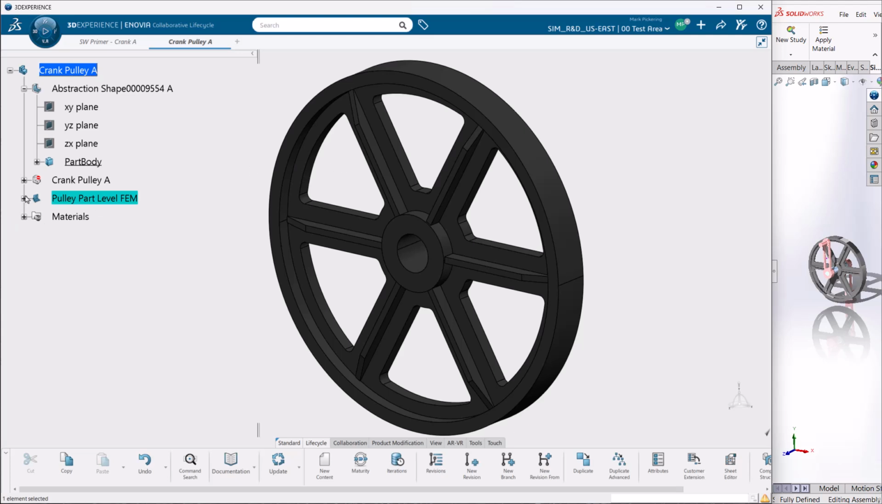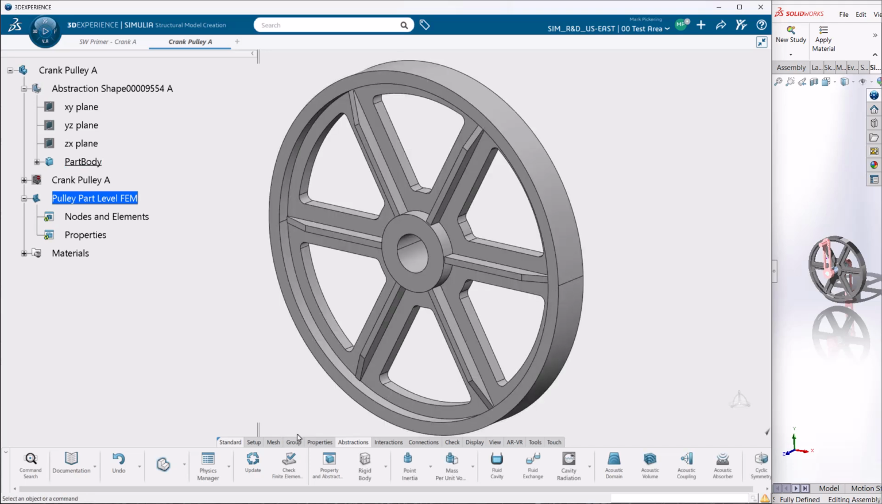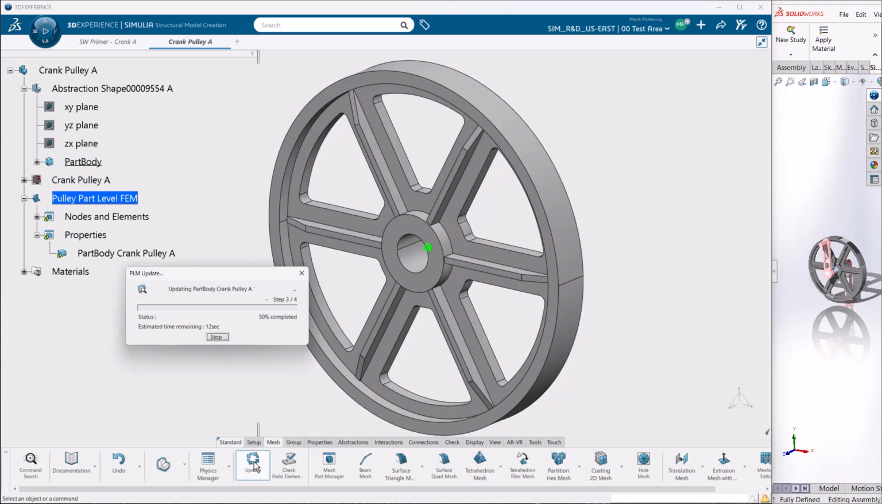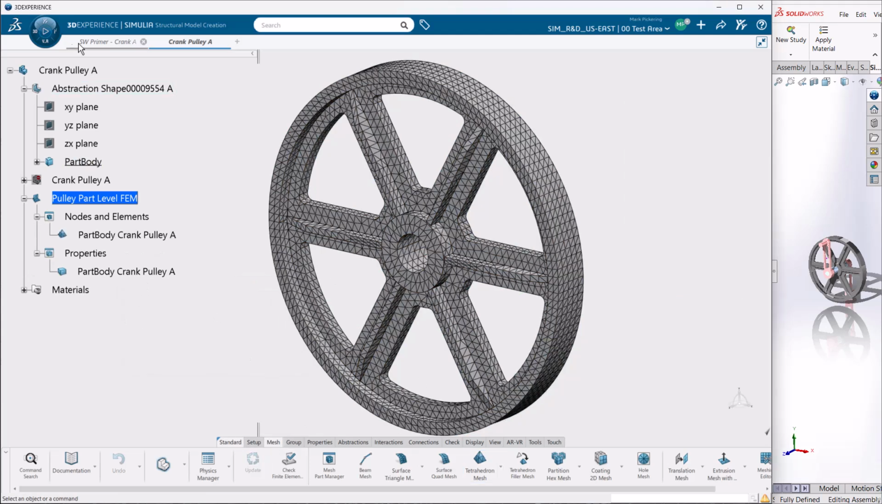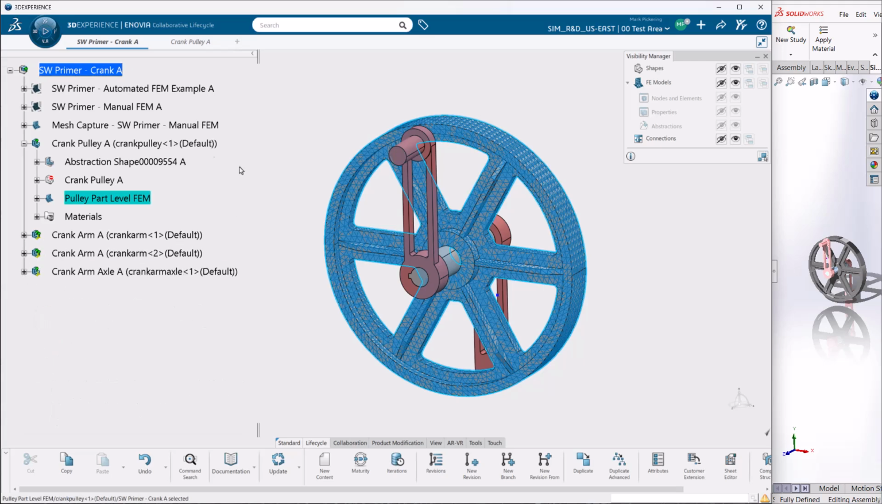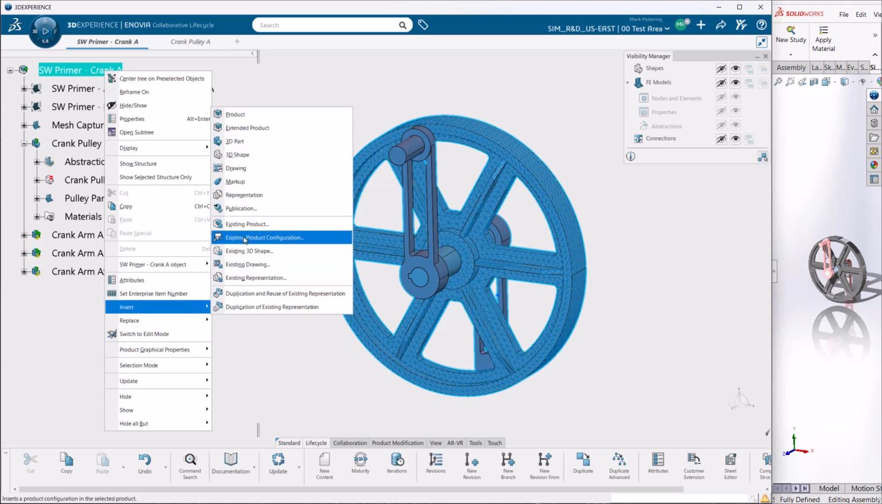switch. On first entering the FEM, we again need to select the contributing shape as we have a choice of what to mesh. We will select the abstraction shape here, then we mesh and apply a section as we have before. Now in the assembly we can see that the pulley component has this part level FEM. We could have repeated this for each part in the assembly, but for this example we will stick with this